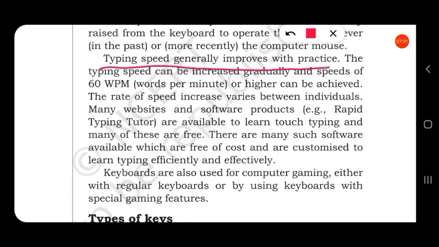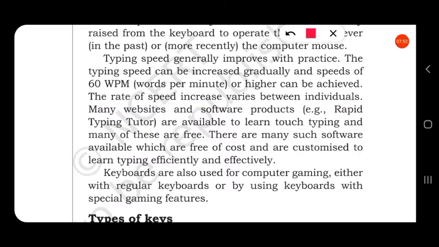Even if a person is not familiar with typing, if he continuously types for few days, then his typing speed will increase. The typing speed increases gradually and speeds of 60 words per minute, that is in a minute 60 words or higher, can be achieved. The rate of speed increase varies between individuals.